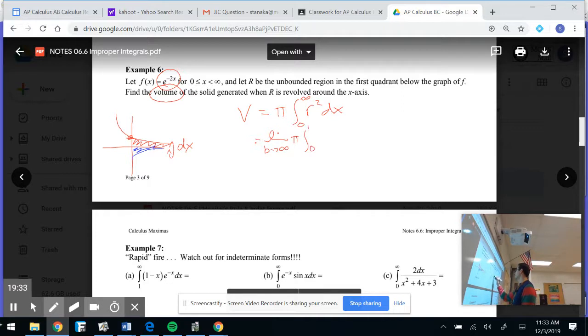We're going to go from 0 to b. Now, what is my radius? Well, my radius is just the curve, which is that right there. So our radius is this guy here. Okay, and we're going to square it dx. Okay, let's do a little bit more math